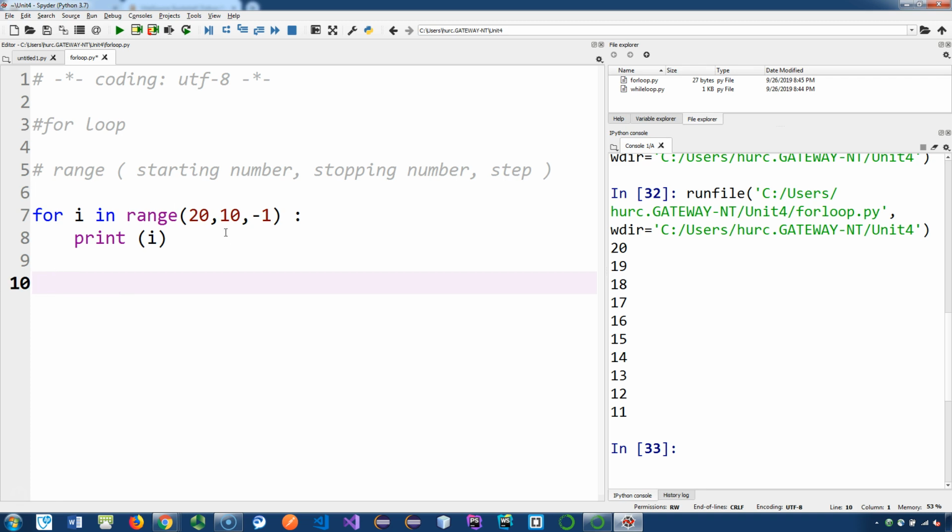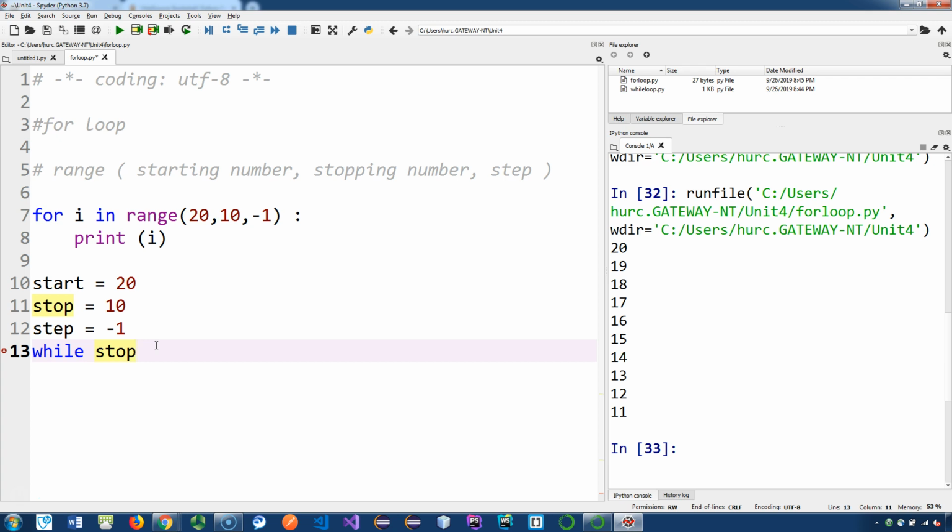So you need three values, right? Three variables here. So the equivalent while loop will be something like this. You need one for the start, which I put at 20. The stop is at 10, and then the step is a -1. So you can see how people would favor the for loop because it's much shorter. And then I have to do, while start is greater than stop, if that is true, then print